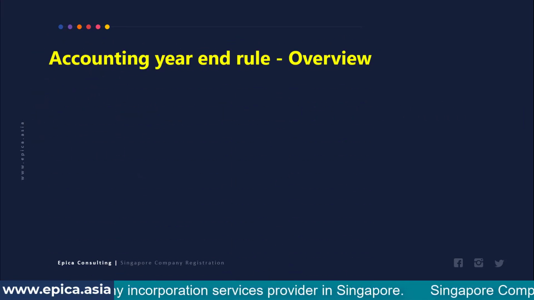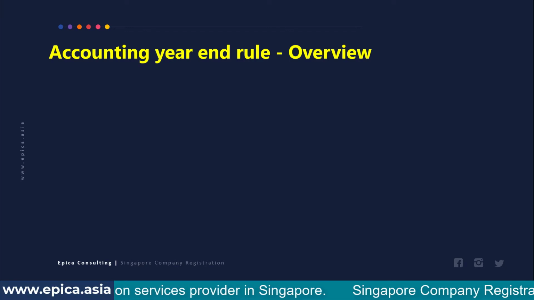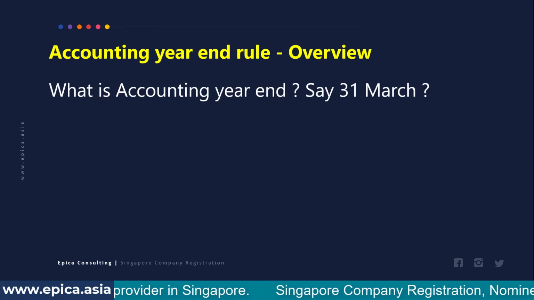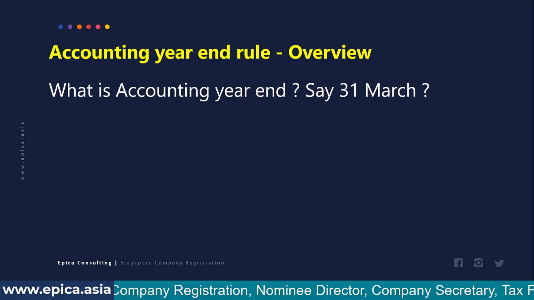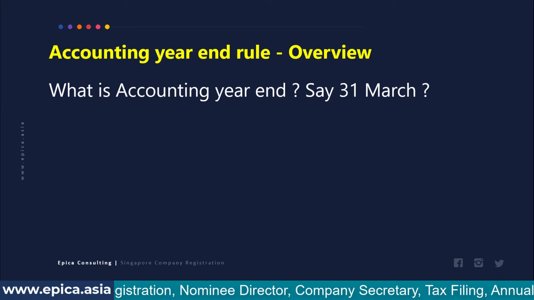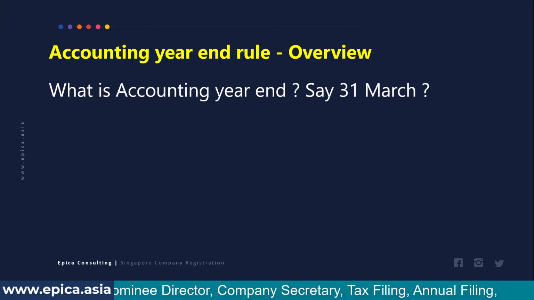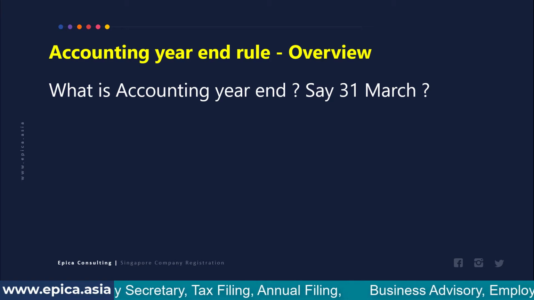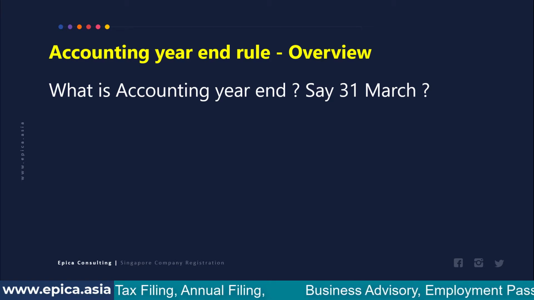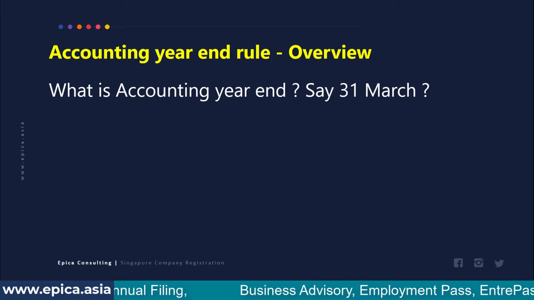First, let's understand what is accounting year end. Accounting year end is the date on which your accounting year ends. Very logical. Now, to add more to that, let's say that an accounting year for a company is from 1st April to 31st March. What that means is the accounts for a specific year will be prepared for this period,